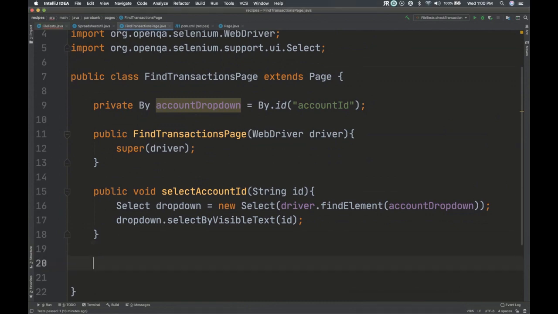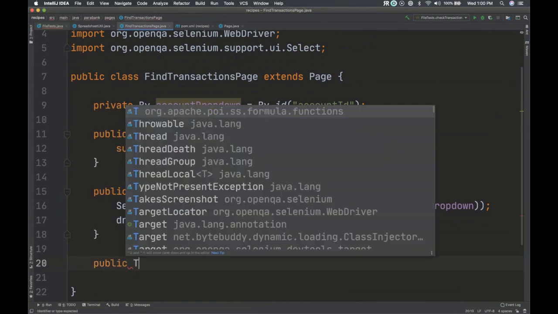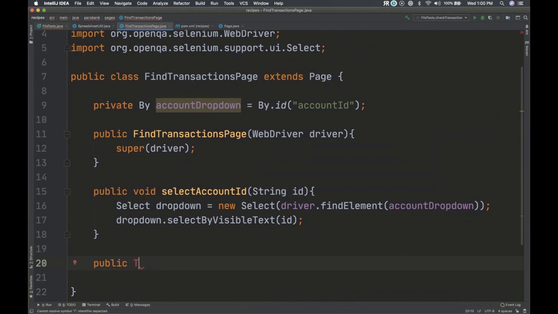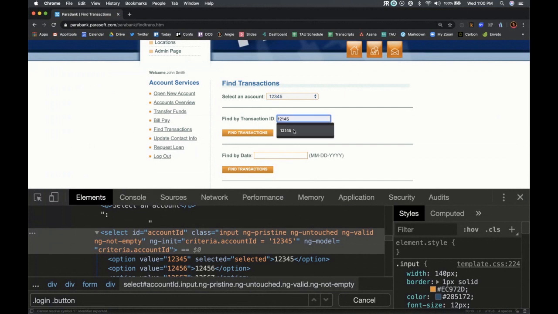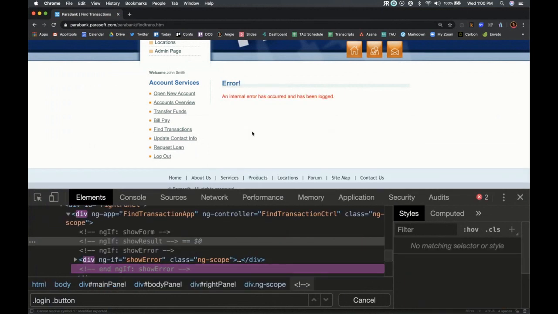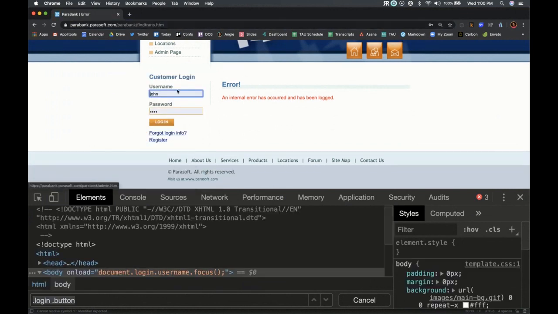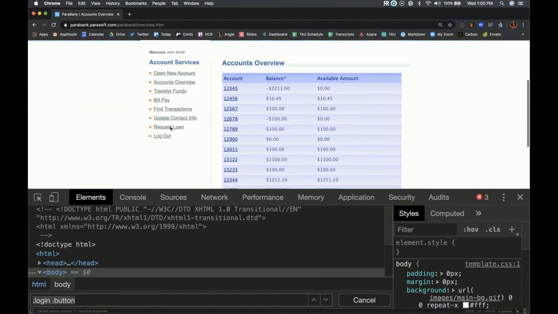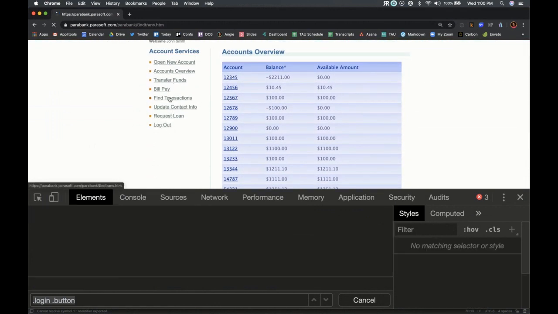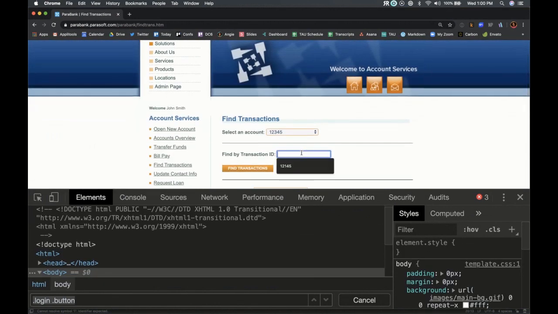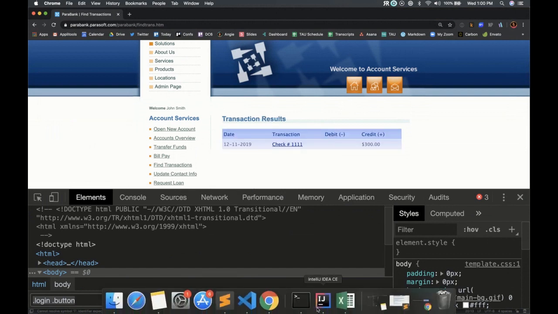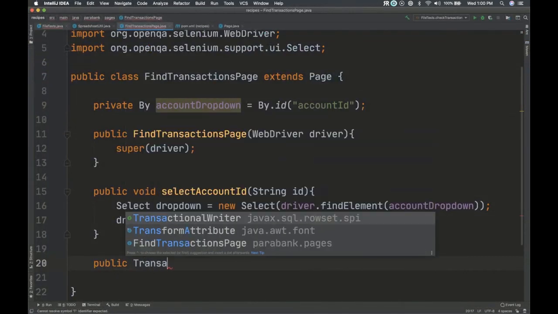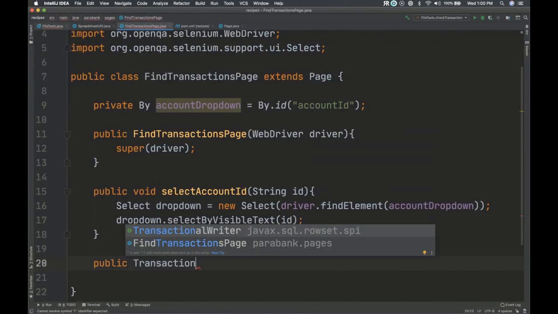Let's just make a search method. Public, and I think this goes to another page. So when we click this, I got logged out. All right, so find transactions, and boom. Yeah, go to this transactions results page. All right, so we're gonna have to make another page.